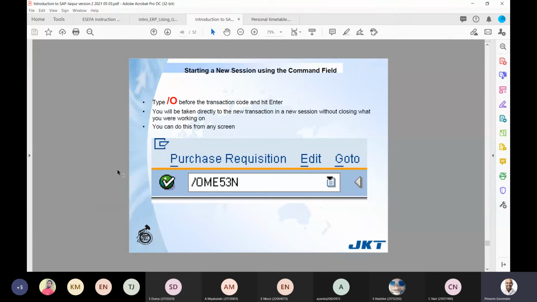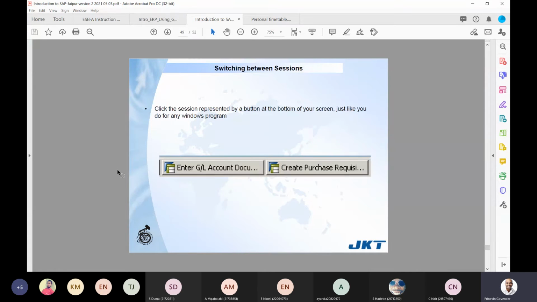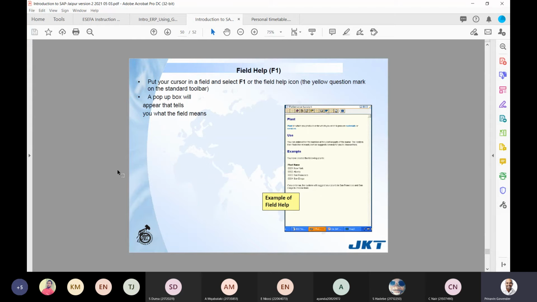\O, starting a new session in the command field. This is, if I was teaching you programming, this is the syntax for our SAP Easy Access. Syntax means the rules governing the use of the language. You can switch between sessions. F1 is your help key. Click F1 and it's context sensitive help. So if you are in a particular screen, it should display help related to that area of activity. You'd end the session by logging off,